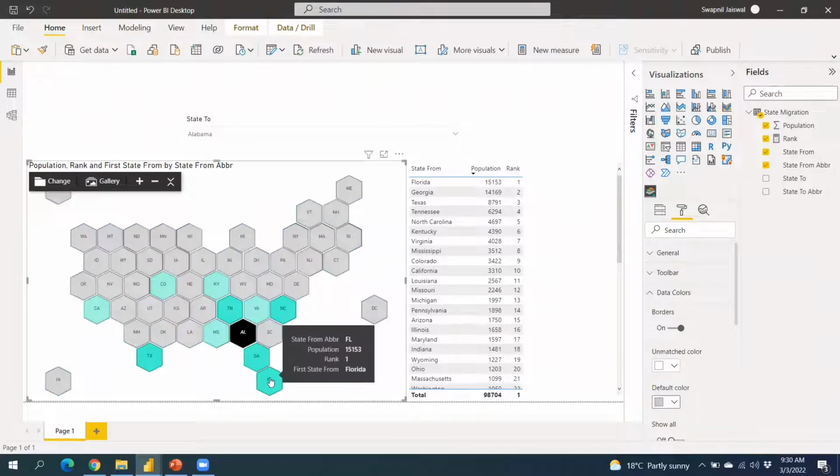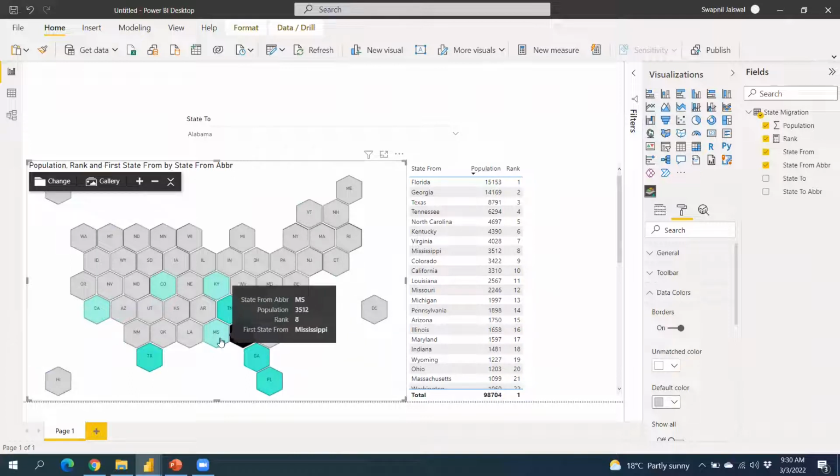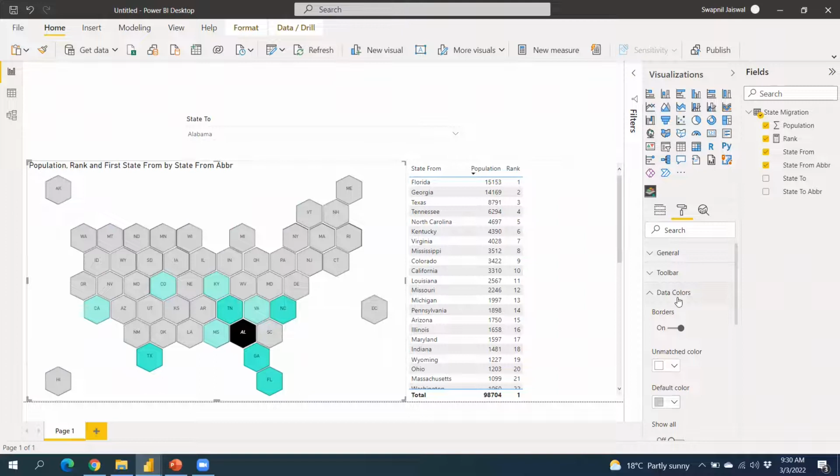Okay. So now it will give all the top 5 this darker green, and for the top 10 the color is lighter green. So we have this feature here. Let me just make it more